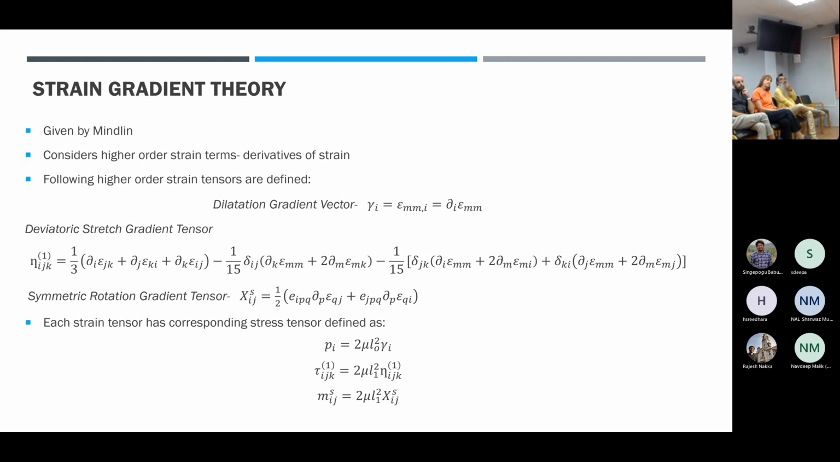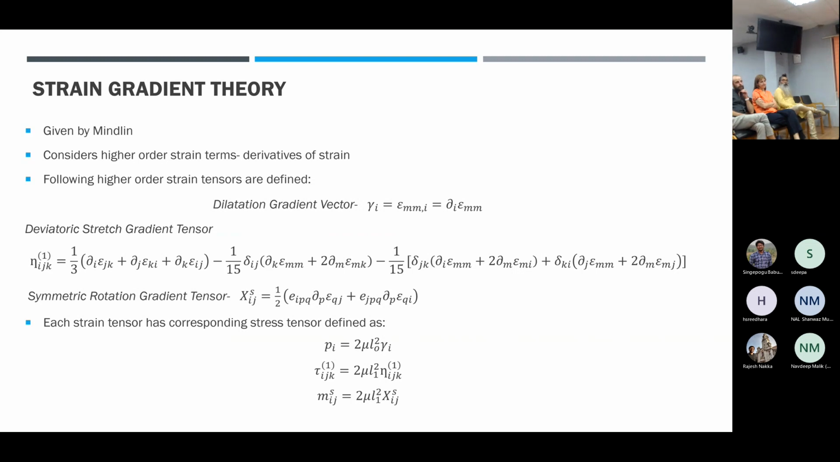The dilatation gradient vector, which is the gradient of the dilatation strain. Then we have the deviatoric stretch gradient tensor and the symmetric rotation gradient tensor. Each of these strain gradients has a corresponding strain tensor. Here is where we include the material length scale parameters, l0, l1, l2. I think this will be l2, so that is a mistake. These are the three material length scale parameters given by Lam. They basically define how much the smallness of the structure affects the behavior in the